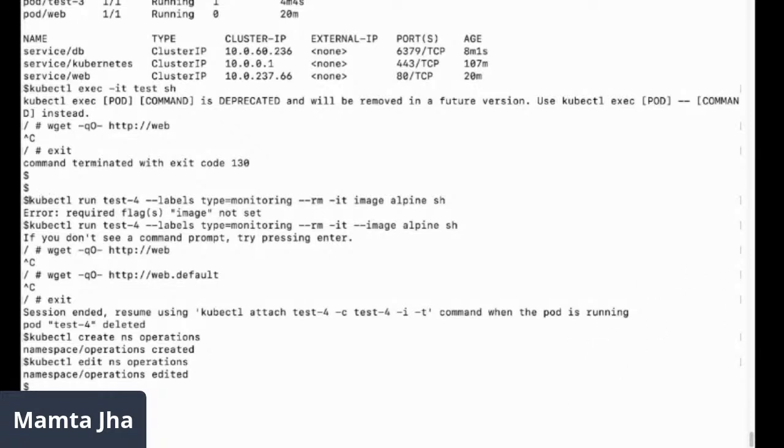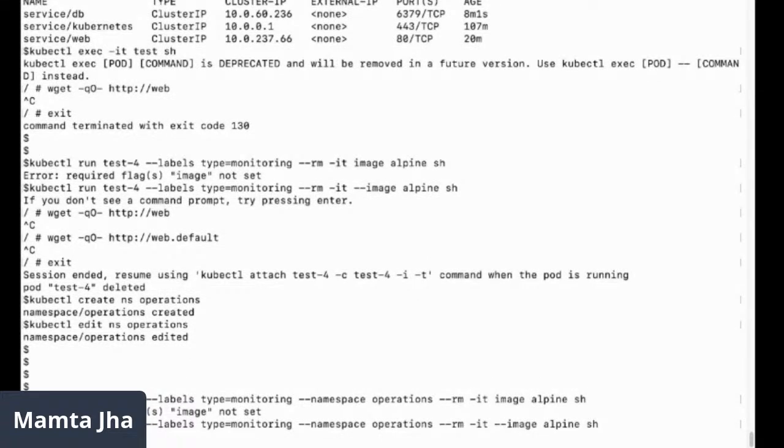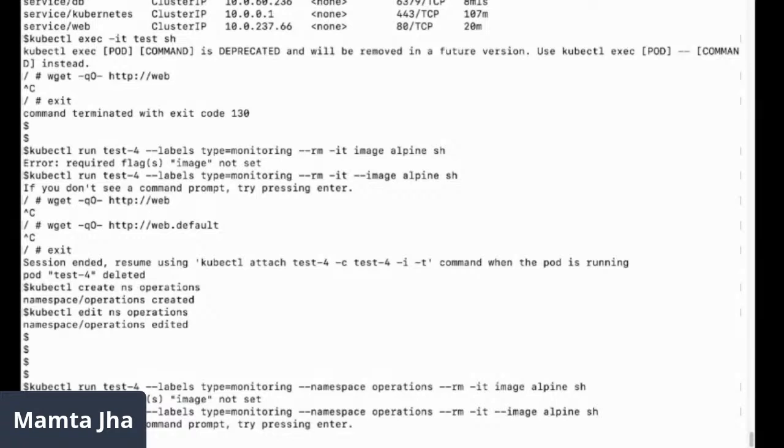Now let's create a pod in this namespace. So I will copy this and give the namespace parameter in this. The name of the namespace is different, the label of the namespace is different. So don't get confused by that. My namespace name is operations. My label is team operations. Let's create this. Oh, I have copied the wrong one, which had not worked out. The hyphen was missing in it. Just adding that and re-executing it.